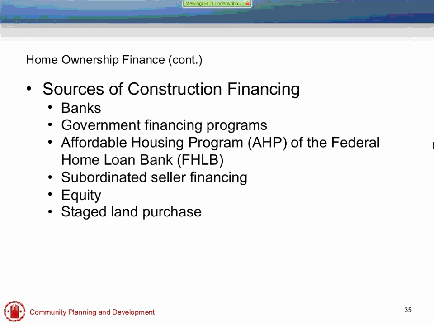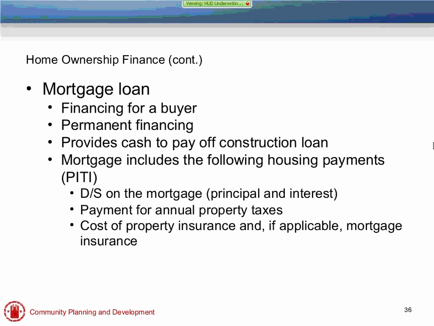And remember, we talked about subsidizing both. What we're really looking at is two financing approaches here, both financing the development and financing the purchase for the home buyer, and really looking to subsidize both of those. So subsidizing the construction financing, but also trying to find ways to subsidize the mortgage loan for the home buyer. And again, this is going to be our takeout. This is going to be our permanent loan that's going to take out that construction loan. So financing for the actual buyer.